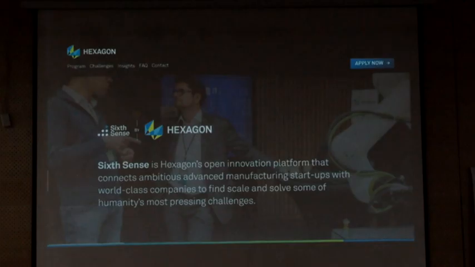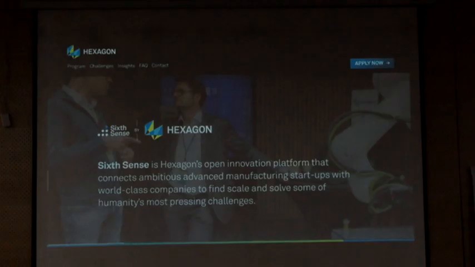So if you become a customer, you have a chance to participate in Sixth Sense. Whatever idea you have or any unique concept you have, you can come and present. The rest will be funded and done by Hexagon. So one we selected is from battery range calculation. This year there are two ideas selected from India, one from IISc, one from another professor, I don't remember, but the concept is on